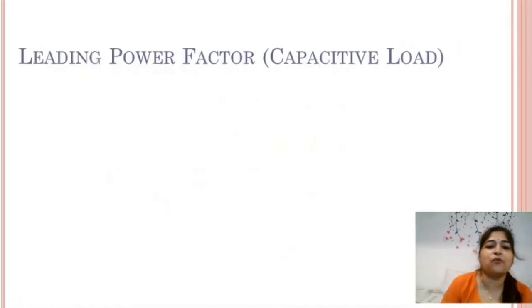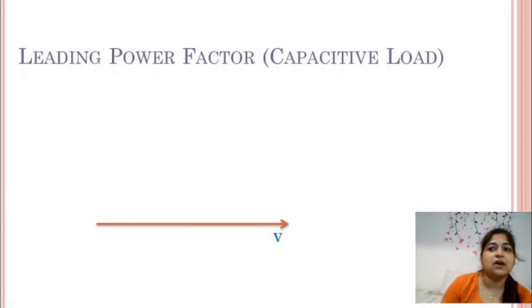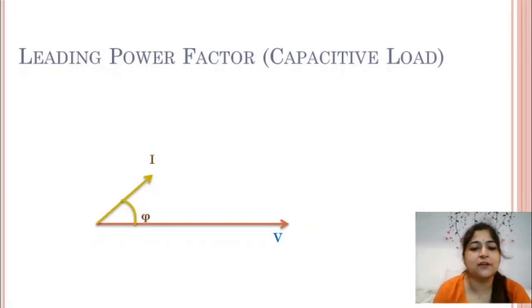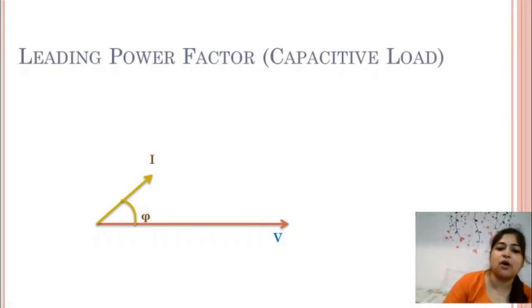Then next we will go for leading power factor, that is capacitive load. And for capacitive load also we will draw the reference as V. Next step is to draw I. I will be leading V by angle phi. So here you can draw a small angle, but I'll show at least this much angle, I leading V by angle phi. Right. Now next step is to draw IARA.